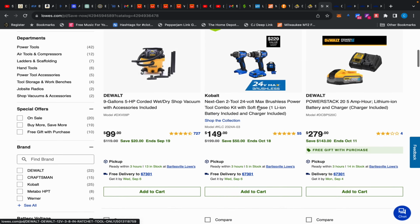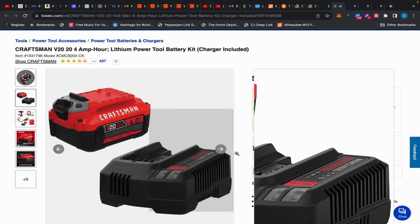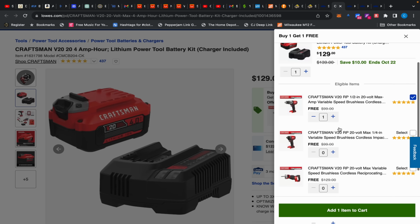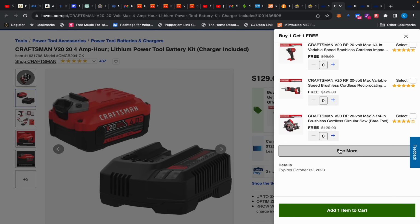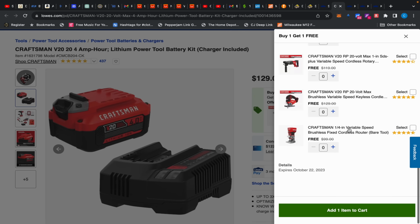Moving on over to Lowe's. We have this Craftsman BOGO 4-amp-hour battery starter kit, and you get to choose a free gift, $129. Not terrible if you're in the Craftsman line or want to get in the Craftsman line. I don't know why you really want to get in the Craftsman line. If you're not into anything and you're starting off, I would not recommend that, but they do have pretty inexpensive